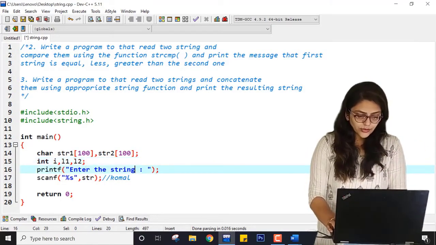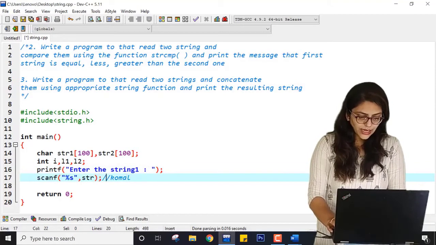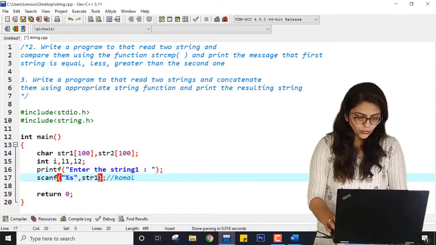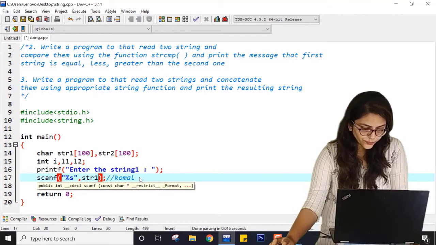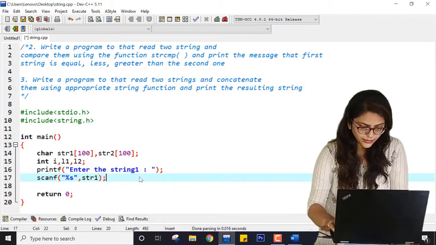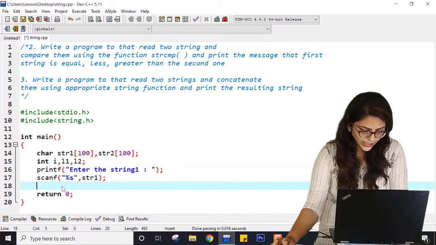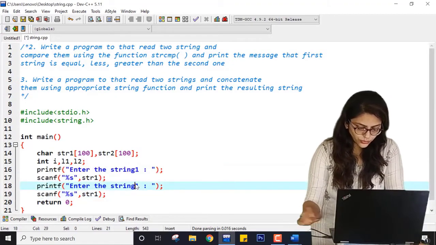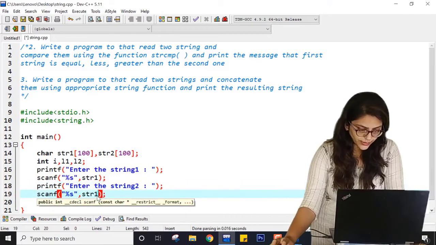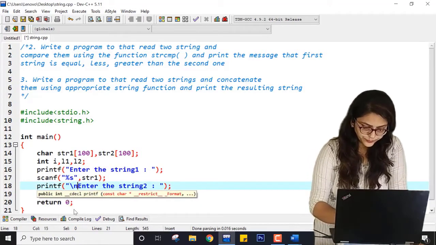So enter string 1. After that I'm entering S1. So let me erase this extra comment, copy this and paste it over here for string 2. Here it will be S2 and here let me do \n.